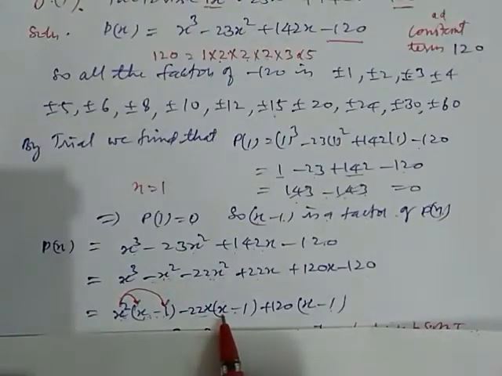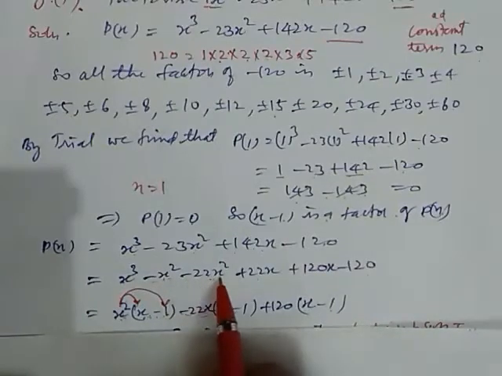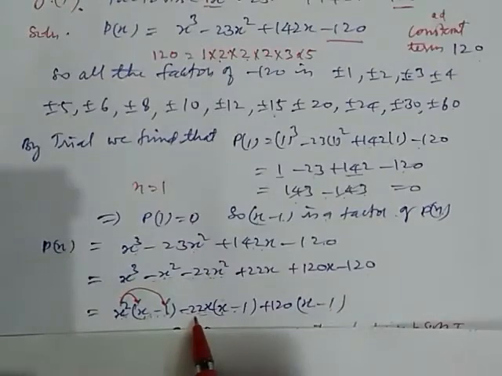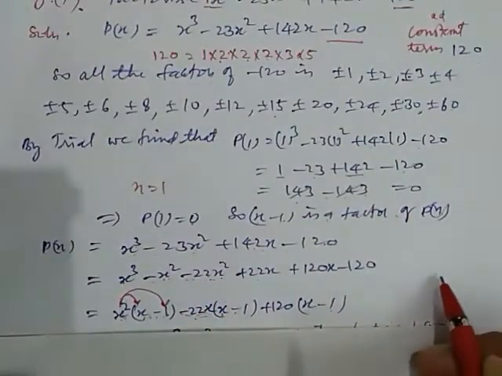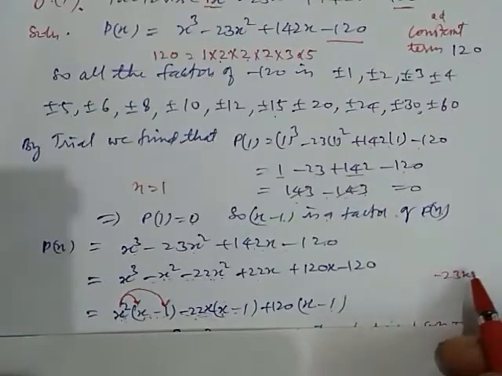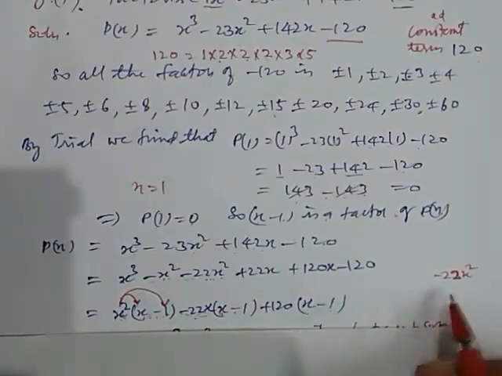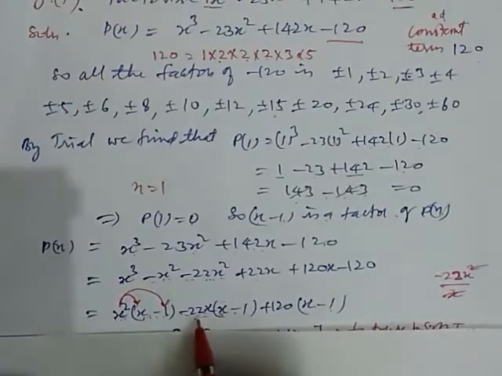Now check what is the value by multiplying, which we get this minus 22x square. So look at here. Here is the x and we multiply minus 22x. So minus 22x into x is minus 22x square. Okay, so here this term can be found. If you do not understand this, then perform it this way. Minus 22x square is this term, divide by this x. What happened? We get minus 22x, so put minus 22x here and we found this term.